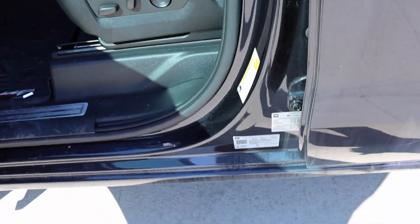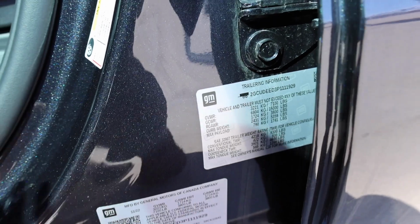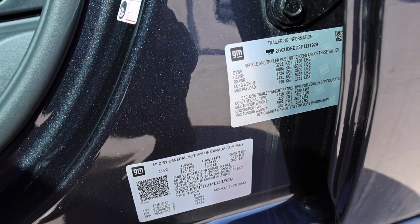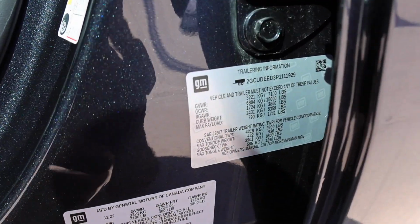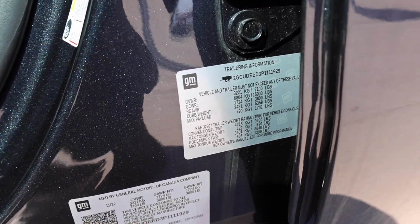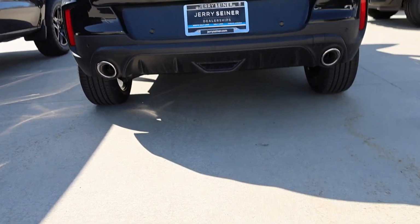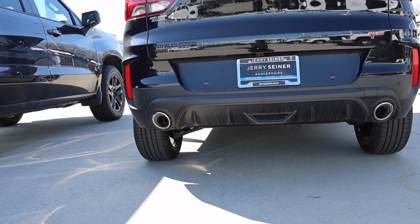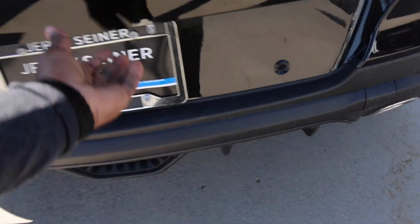And let's face it, this truck weighs 5,300 pounds on the curb versus 3,400 pounds. So yeah, that does give you a lot more protection on the road. And this truck can tow, what, 9,300 pounds? The Trailblazer can tow, well, it doesn't even matter, because look at how the diffuser back here looks. Like, this looks really cool. You have parking sensors, you have a really nice design for aero, and you don't need to tow anything because you have